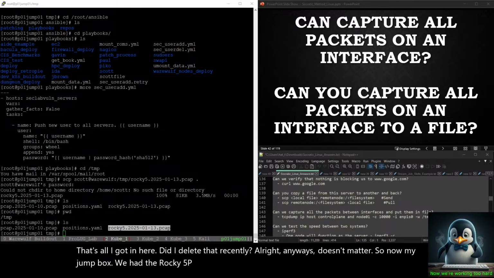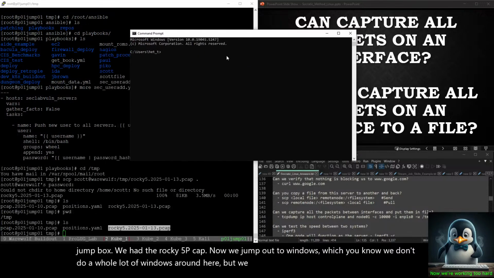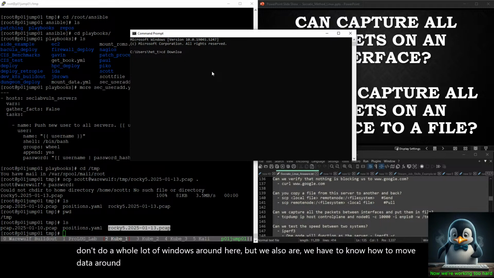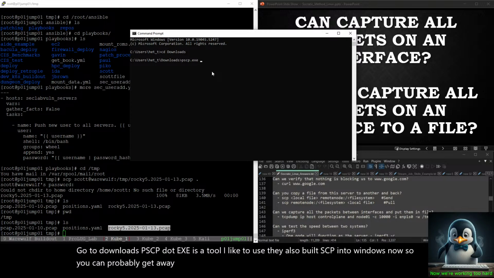Now we jump out to Windows, which, you know, we don't do a whole lot of Windows around here, but we also have to know how to move data around. So go to our downloads. pscp.exe is a tool I like to use. They also built SCP into Windows now, so you can probably get away with not using this. But I'm going to go to